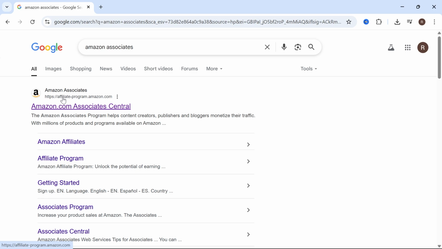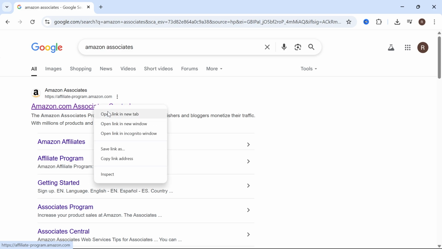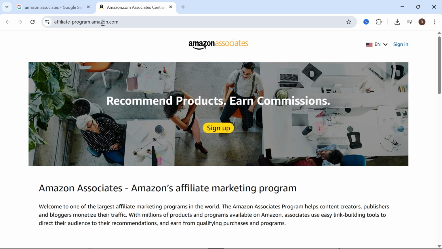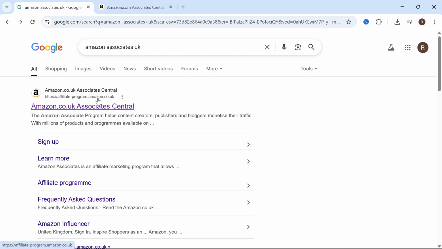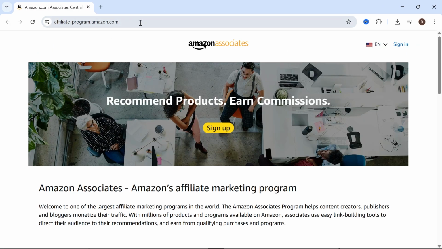Now, you'll need to click on this first website, which is affiliate-program.amazon.com. Now, just bear in mind that this will be signing you up to the Amazon.com website, which is essentially US products. If you want to sign up to something like Amazon UK, then you'll need to do this individually on the Amazon.co.uk website. And it's essentially the same steps no matter what marketplace you go and sign up for. I would recommend starting with .com as it is the biggest marketplace, and you can always sign up for the additional countries later on. So once you're on this website, we're just going to click on the sign up button,